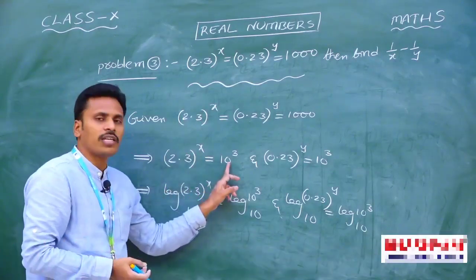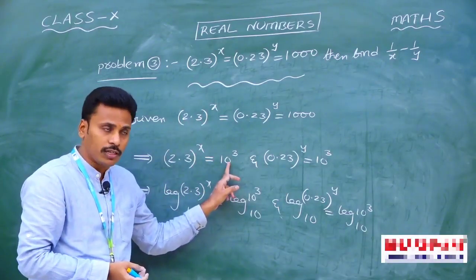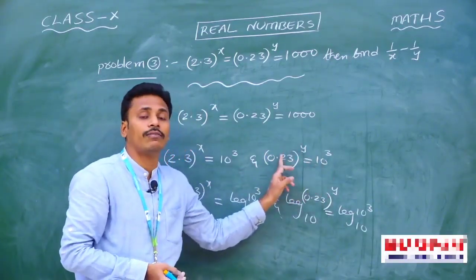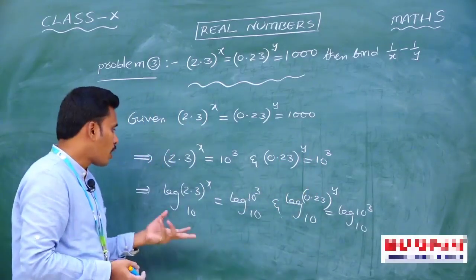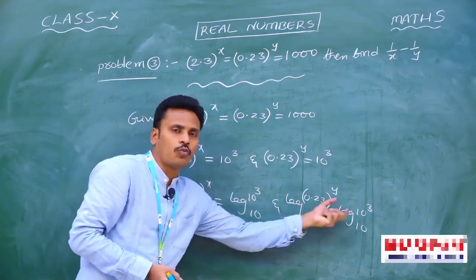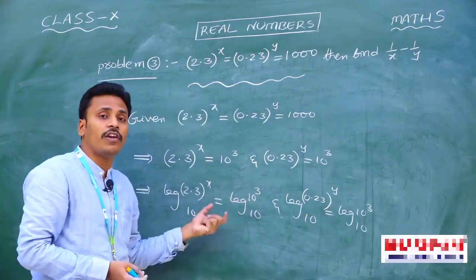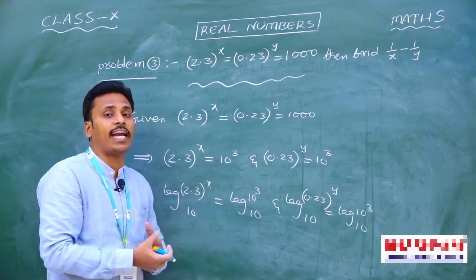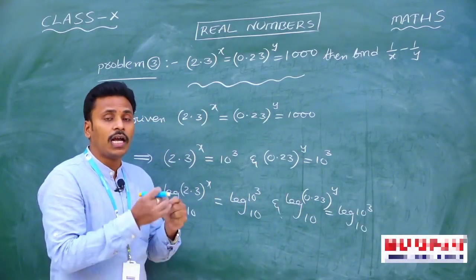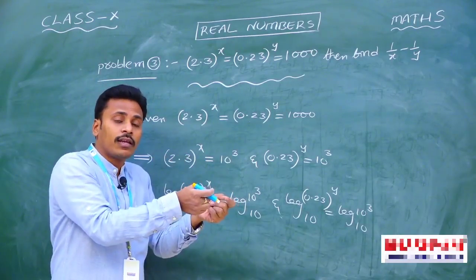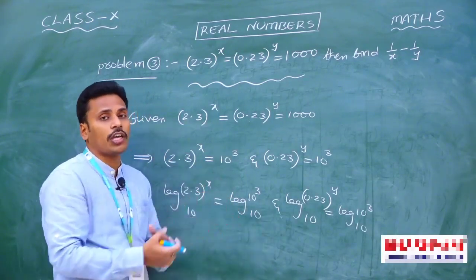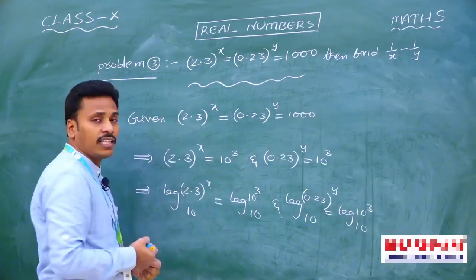For this too, just apply logarithm with base 10 on both sides. And here also, just apply logarithm with base 10 on both sides. So now we have 4 terms involved here, and for each and every term you need to apply the third standard law. What is the third standard law? Logarithm of a to the power n is equal to n times log a. So you send this x to this side.